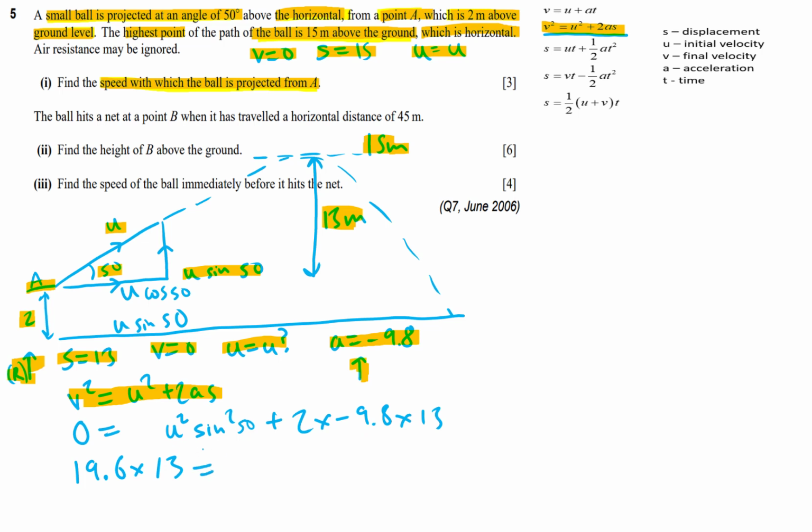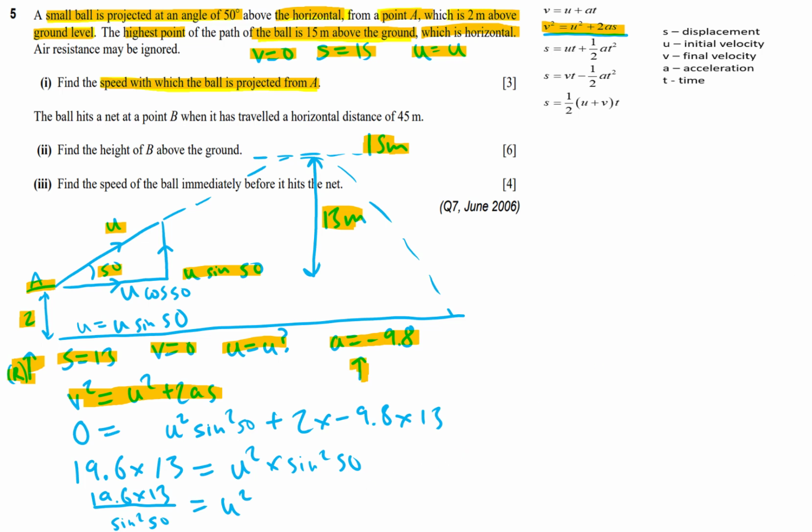So this is going to give us minus 19.6, so we're going to bring it over the other side. So we're going to get 19.6 times 13 equals U squared times sine squared 50. Why is that? Because we're substituting U squared here, and in this question that's why I've got this here, U equals U sine 50. So the next step is going to be 19.6 times 13 divided by sine squared 50 equals U squared, and plug that into a calculator,